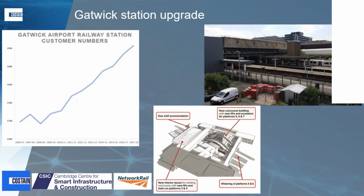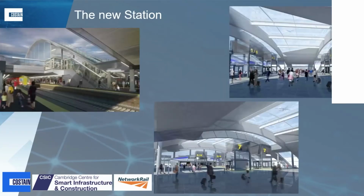And so the new train station will therefore have a much greater capacity, and will be able to carry that much bigger passenger load that's forecast over the next 30 years. But we'll also do some other things, so improve customer experience that Aaron talked about for that other organisational objective that Network Rail have. More trains will be able to arrive and depart on time, because one of the constraints